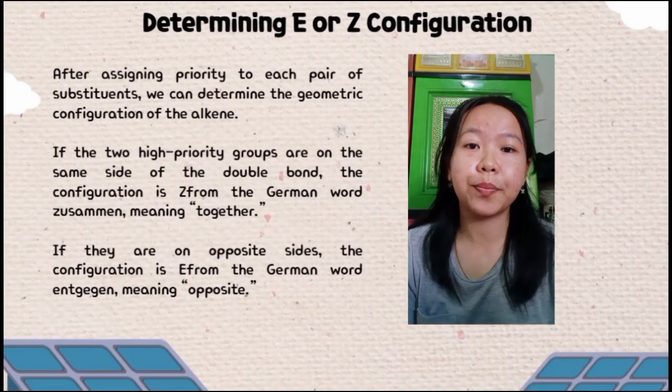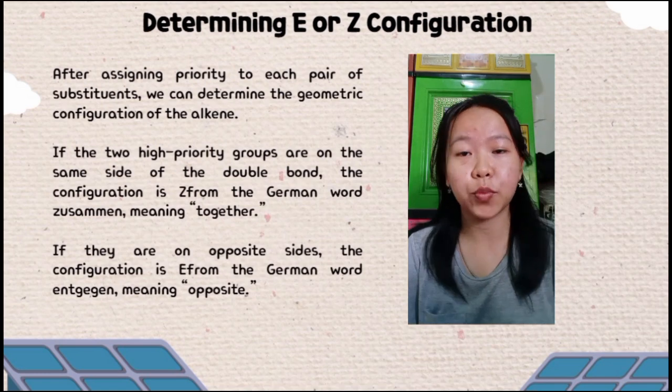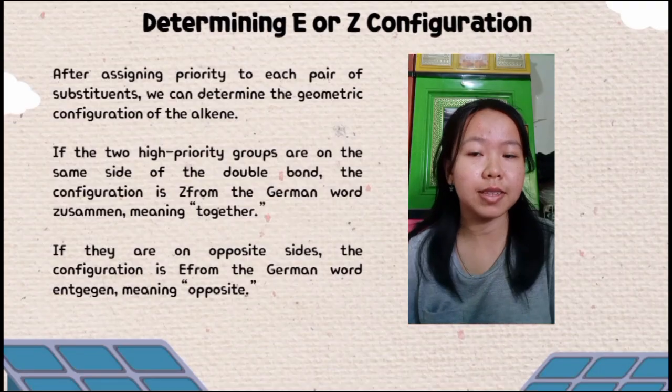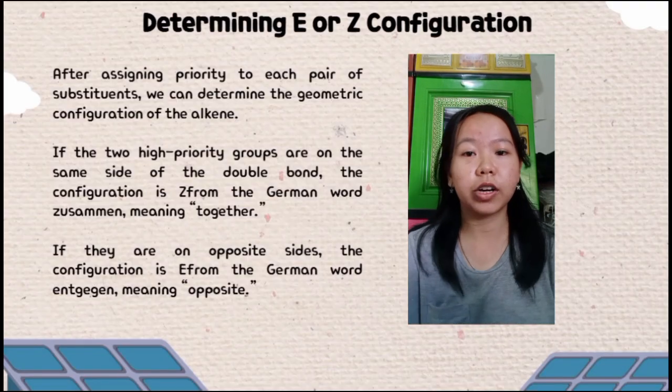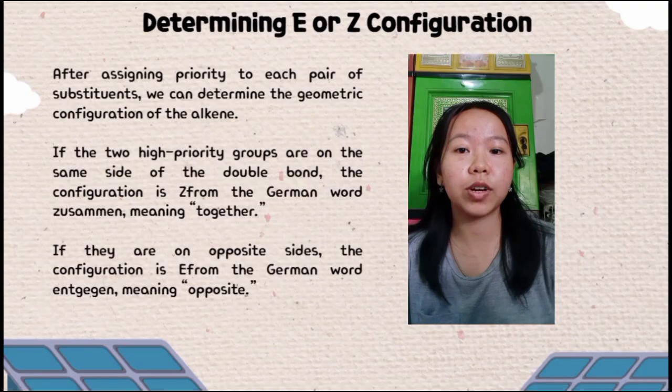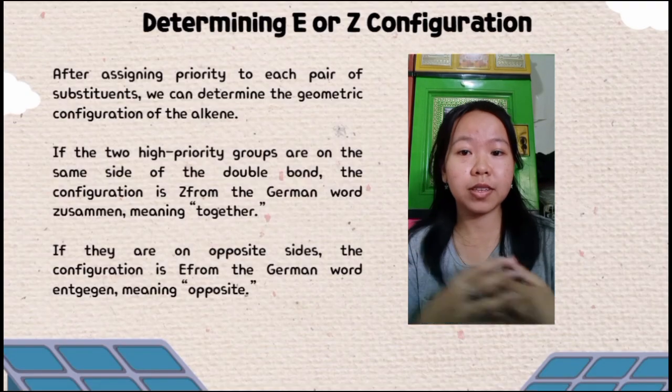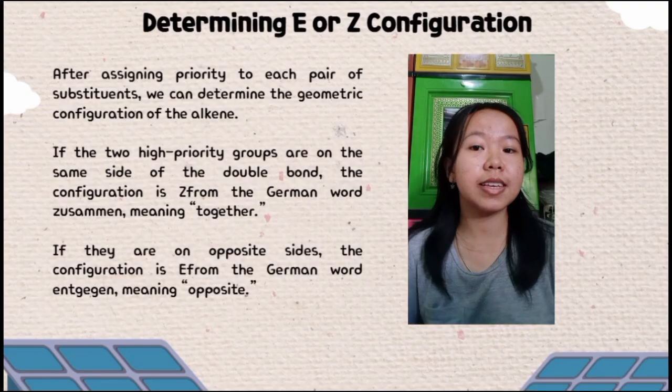After assigning priority to each pair of substituents, we can determine the geometric configuration of the alkene. If the two high priority groups are on the same side of the double bond, the configuration is Z, from the German word zusammen, meaning together, and if they are on opposite sides, the configuration is E, from the German